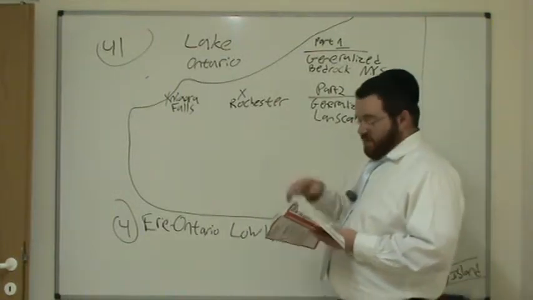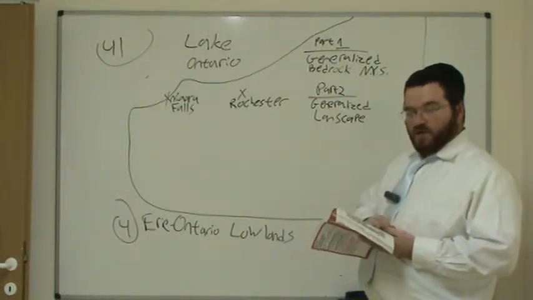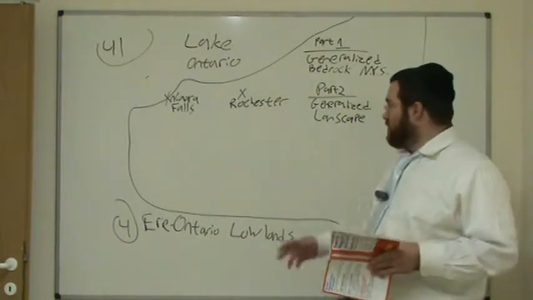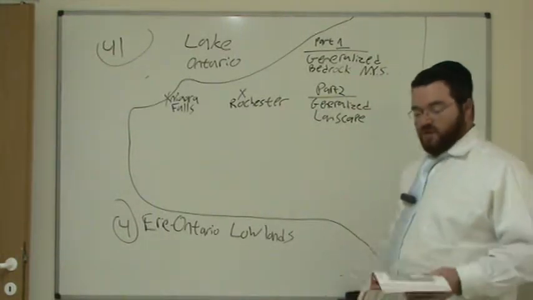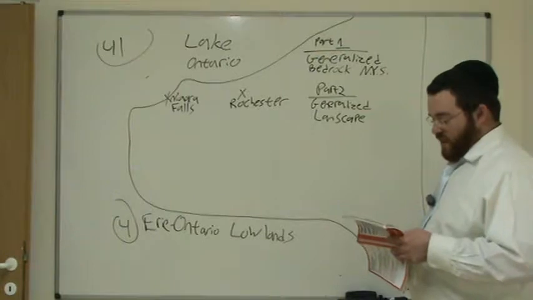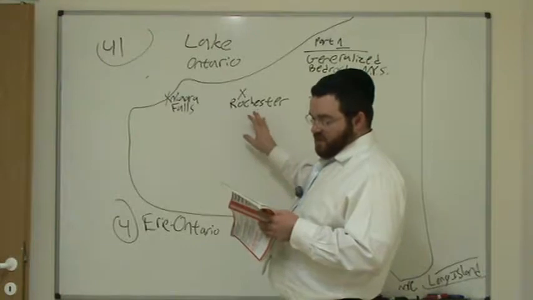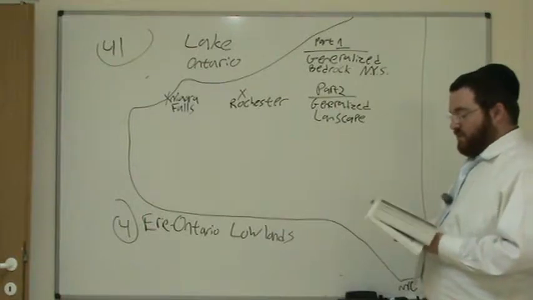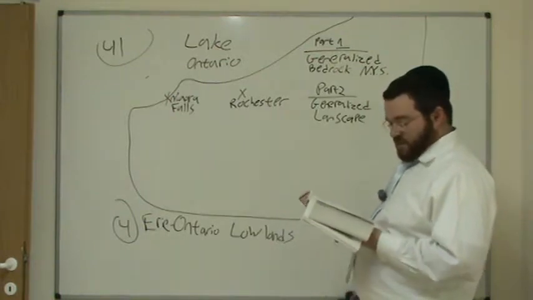Now you know where Rochester is from the Generalized Bedrock Geology of New York State, and you know it's right under Lake Ontario. What's under Lake Ontario? You have to look at part 2, which is the generalized landscape reference chart. If you look at the generalized landscape regions of New York State, right underneath Lake Ontario, to the right of Niagara Falls, is the Erie-Ontario Lowlands plains. So we know that Rochester is in the Erie-Ontario Lowlands, and the question is,